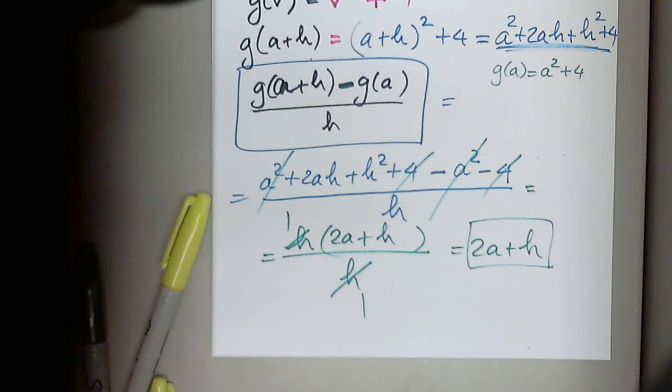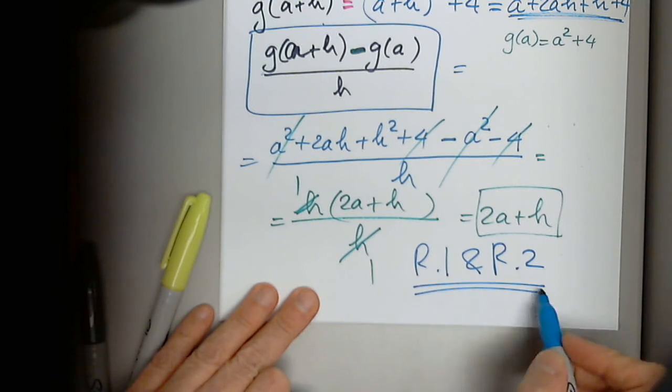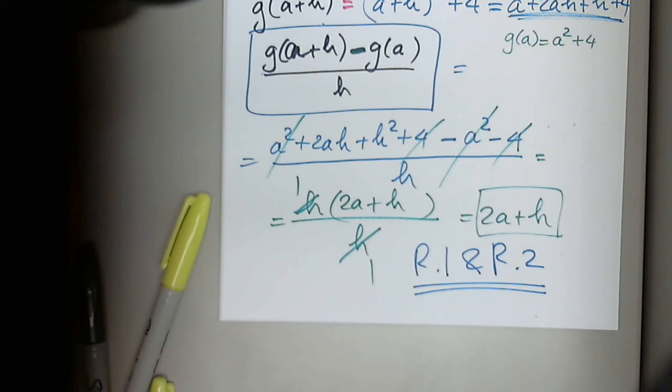Exactly. That's the difference quotient, the rate of change between those two points, and the slope of the line between those two, the secant line. So I consider R.1 and R.2 completed. So I'm hoping that between now and Tuesday, you are going to